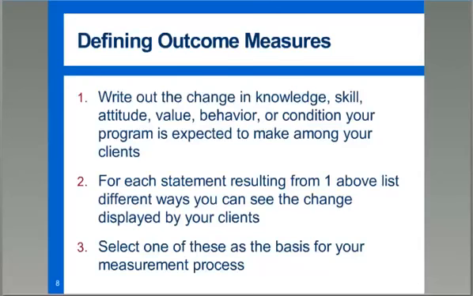Again, for English as a second language, what are the ways that we can observe that someone at work is understanding instructions presented in English? Well, you can talk with a supervisor. You can establish a set of standard instructions to be used in the class as a test. You can talk with the coworkers at work, or you can have the clients self-report how well they're doing. So there's lots of ways you can do the measurement. They don't have to be expensive. They don't have to be difficult. Looking at your resources, you're going to select the one that's best for you to use. Assuming very limited resources, self-reporting in our example would be the best to choose.